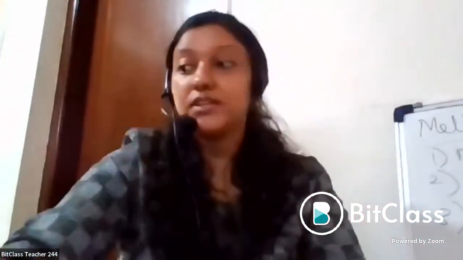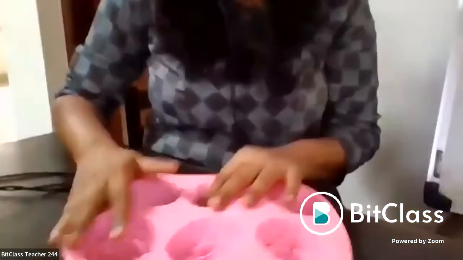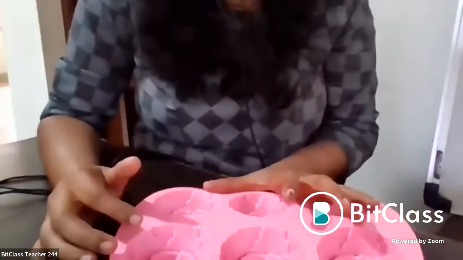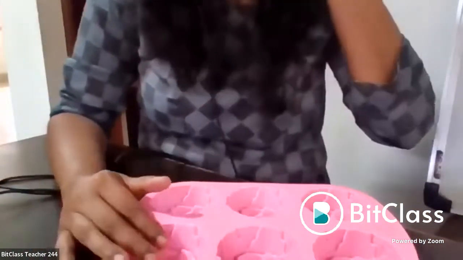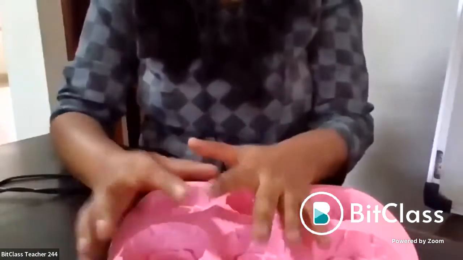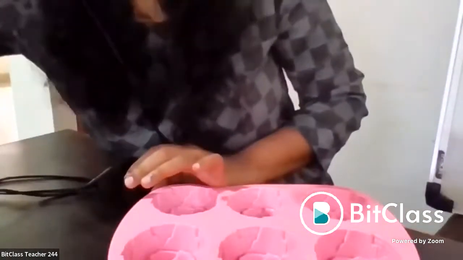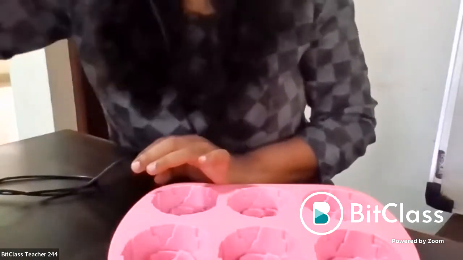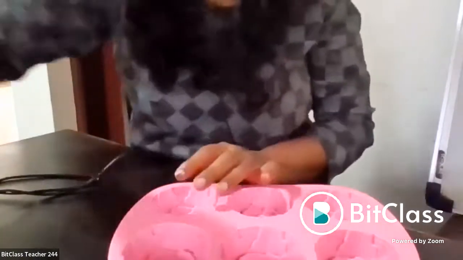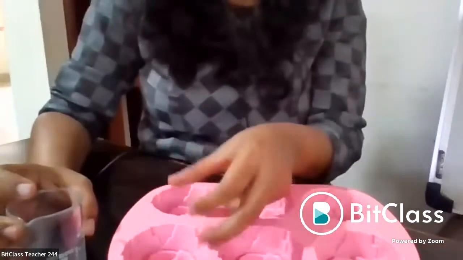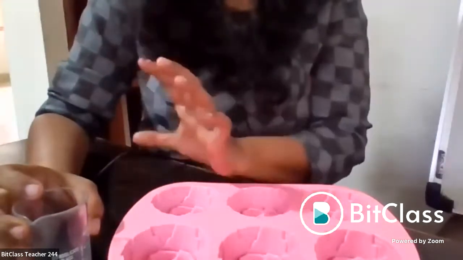So while buying, one thing you have to notice is the capacity of each cavity of the mold. Your seller itself will intimate you how much each mold can hold. If not, you can take a little amount of water, pour it inside the mold and find out how much water it holds. That much amount of soap base you can take.